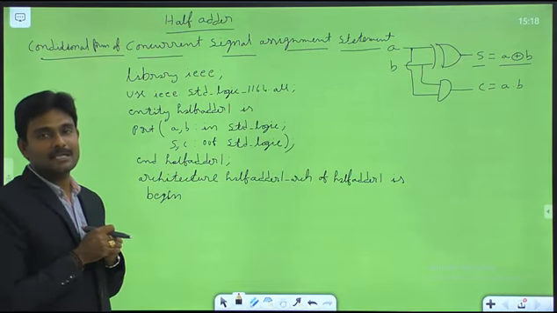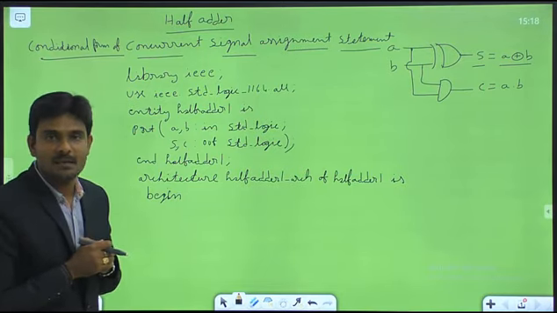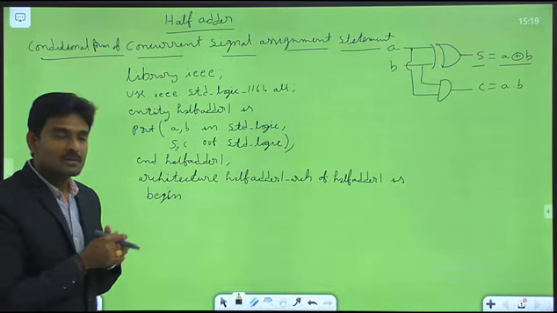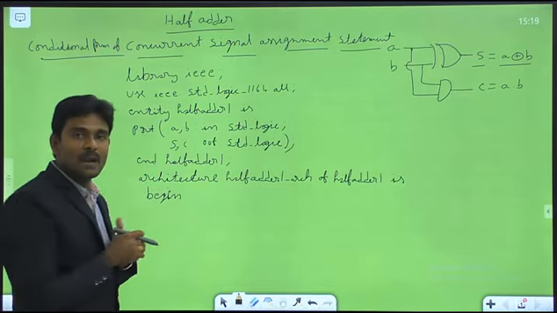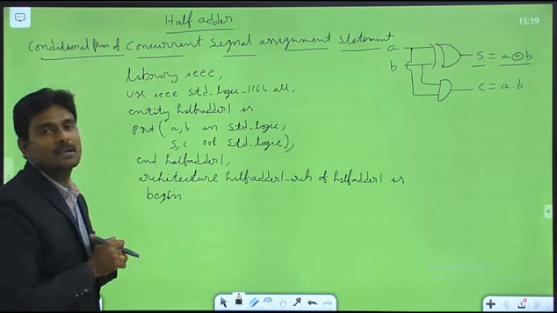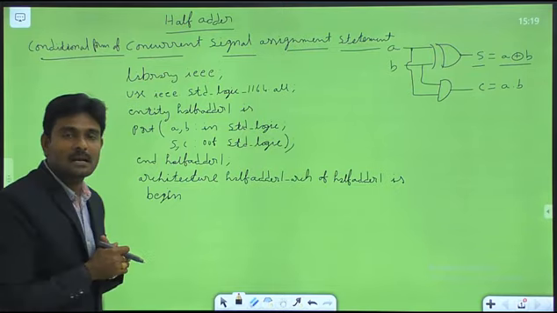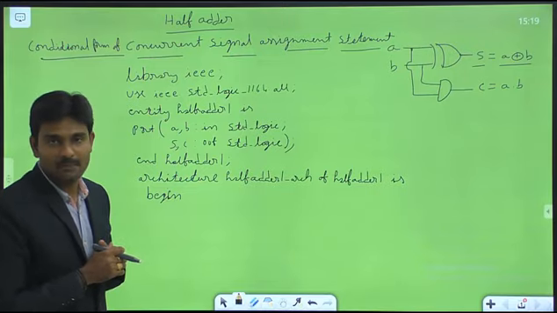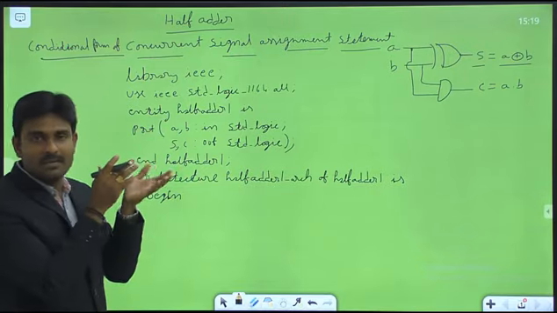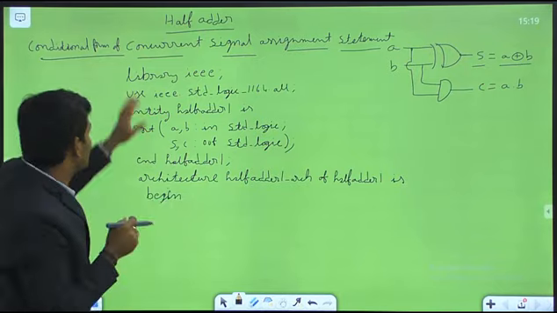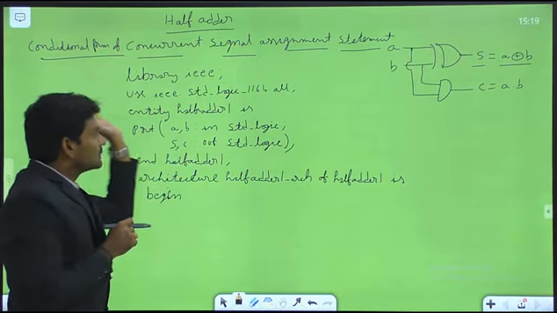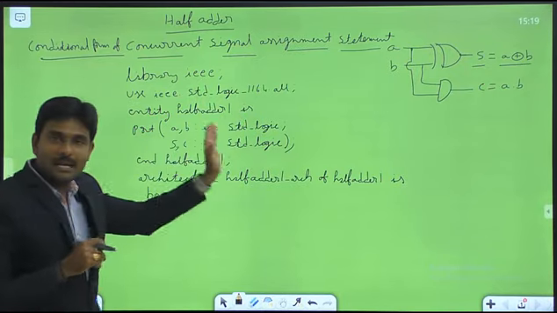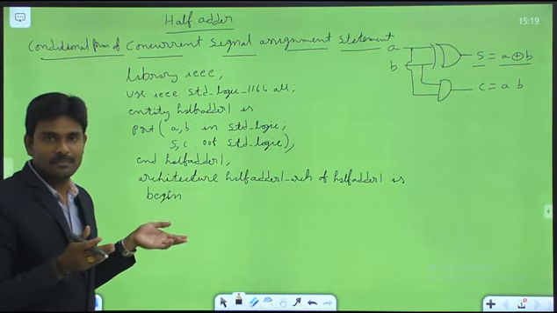So that is the syntax for that, as we already discussed. Now our intention is to write a program for this half adder using the conditional form of the concurrent signal assignment statement. The logic diagram is the same. First I mention the library, then the package, then the entity part. The entity declaration is the same.